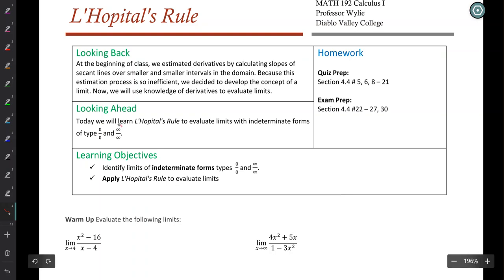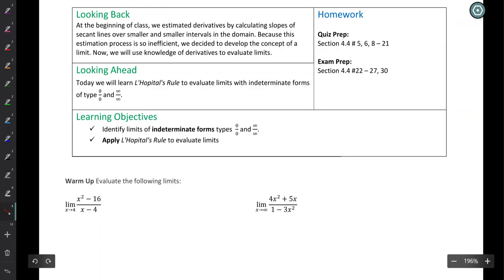Or similarly, if you plug in and the numerator is getting really, really big, say really big and positive, and the denominator is also getting really big, say really big and positive, there's work to be done here to analyze that, okay? And so in this packet, we are going to be identifying those forms and then applying L'Hopital's rules